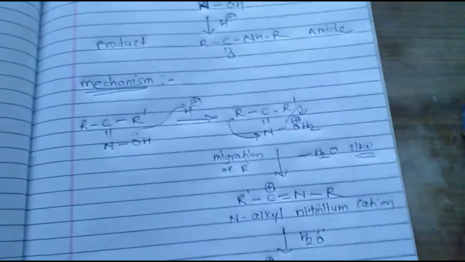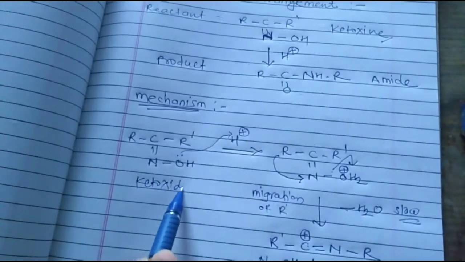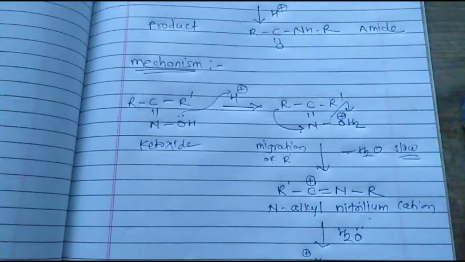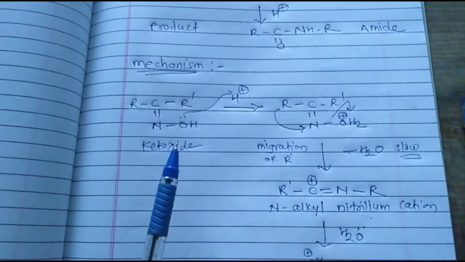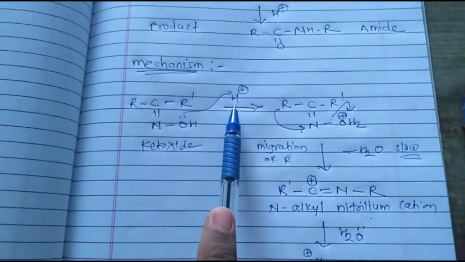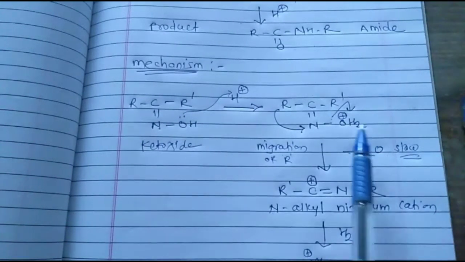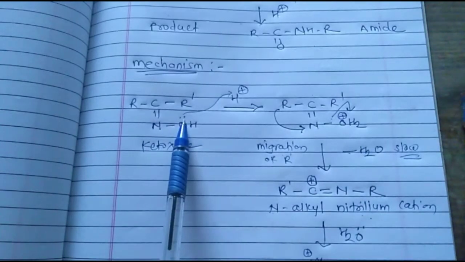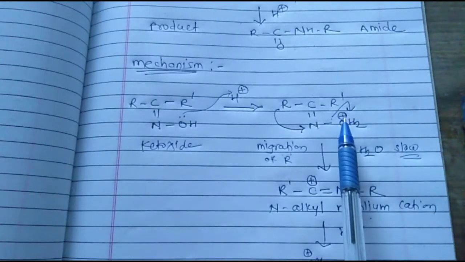of what? The conversion of the ketoxime to the product, that is what? Amide. So let's overlook the reaction. Here this is a ketoxime compound which, on acidification or acid catalysis, this lone pair of oxygen of this oxime attracts this H+ ion. There is a formation of OH2. By donation of this lone pair to this hydrogen, there is a formation of the oxonium cation.